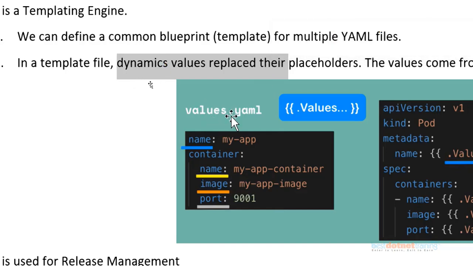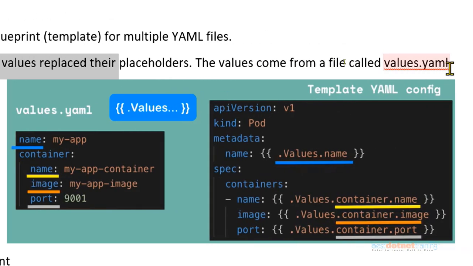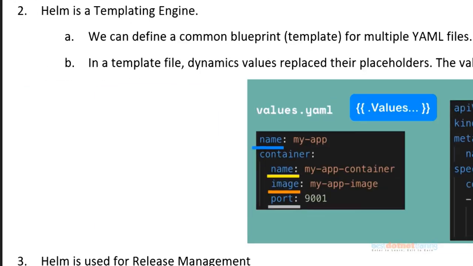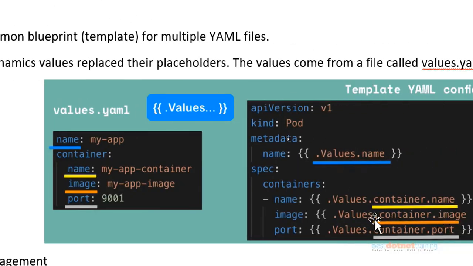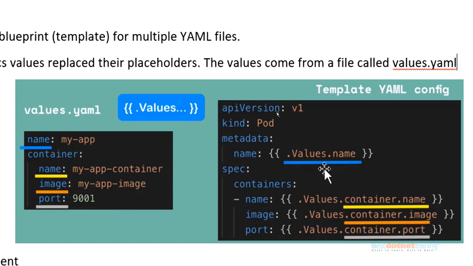So for example, you look here, this is the values.yaml file. So the values will come from that values.yaml file. And of course this insertion of values from values.yaml into template will happen dynamically. That means just before the deployment. So remember, in the template we had 4 placeholders, right? Values.name, container.name, container, isn't it? So all these are actually coming from here. There you go. So we have name, so values.name. Then we have name, so that comes from container.name. See how it is related.